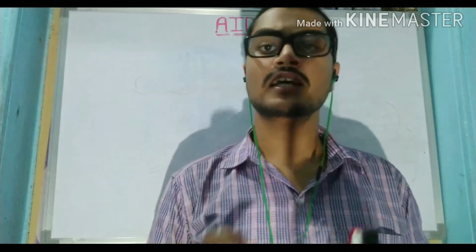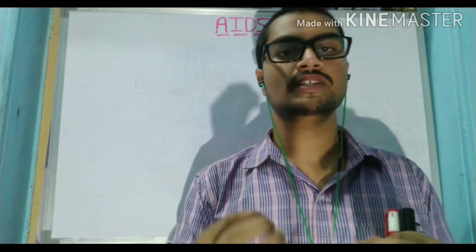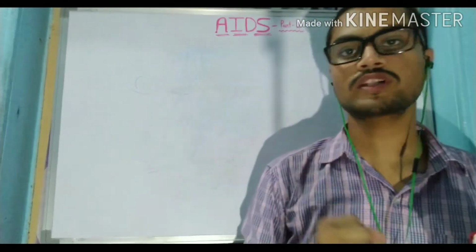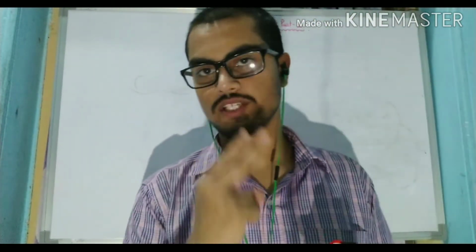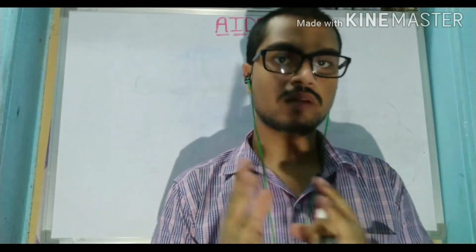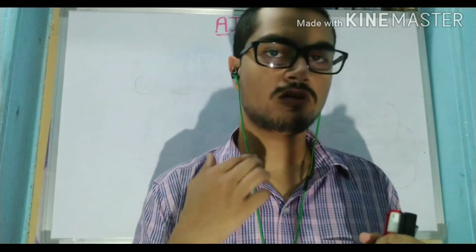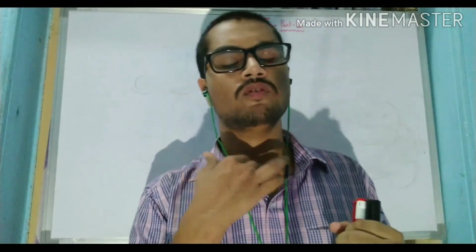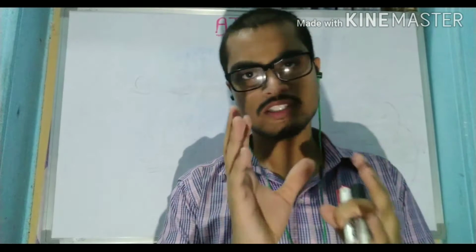In today's lecture I will focus on how exactly the HIV virus gets attached to its host cell, that is some special kind of cell present inside our human body. To know this whole mechanism, at first we have to know two things. The first is the normal immunological process present inside our body, and the next is a special kind of protein, GP160, which is present over the cell membrane of this HIV virus.